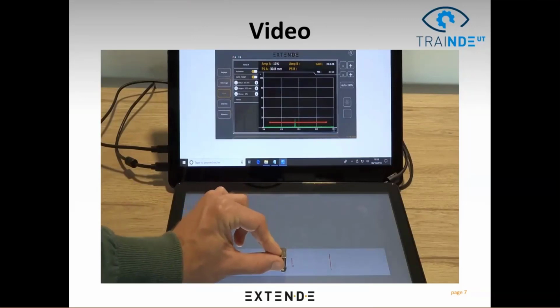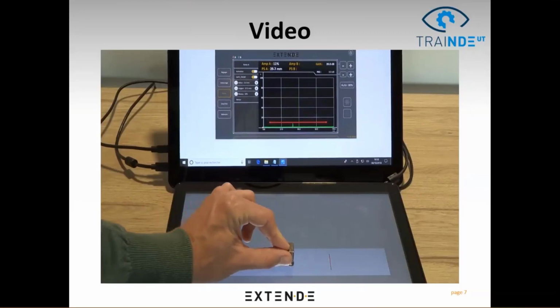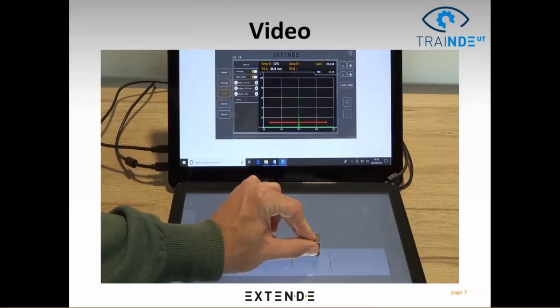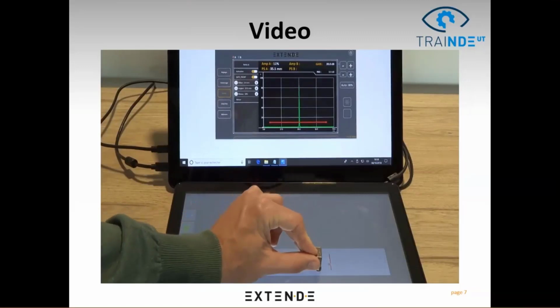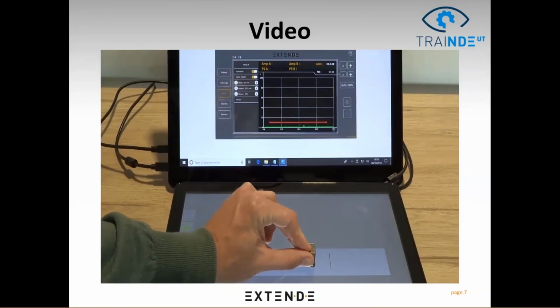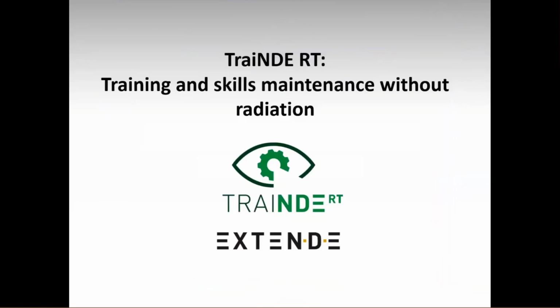And if the signal is above a given threshold, you can see the amplitude, the sound path, and so on. And again, you can define a gate and everything to see, as in real life, the signal. So we have a data set of different signals, real signals, or also simulated signals with different exercises. Okay, so let's switch to Trendy RT and then to the demo.